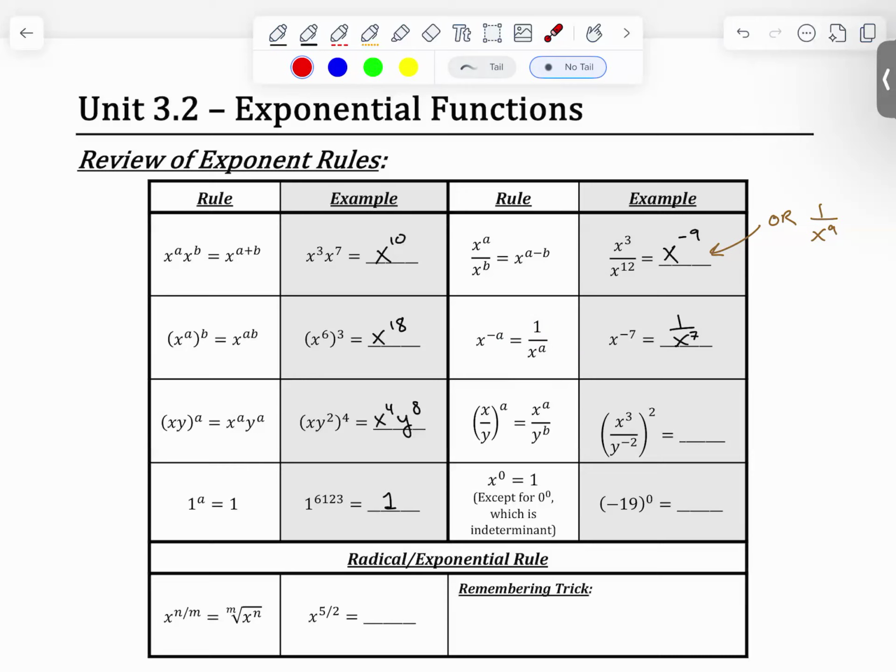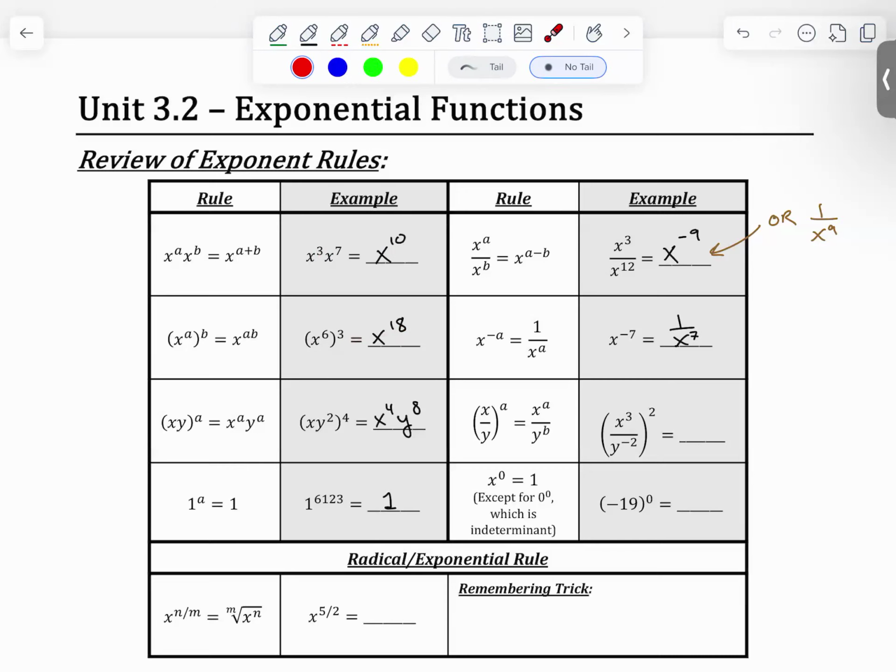And remember, these are all equal signs, so this is true backwards and forwards. We can break down x to the 10th into these two pieces. You can break down x to the 18th into an x to the 6th times an x to the 3rd. Or, as an aside, you could also do x to the 3rd raised to the 6th. It doesn't really matter. So just remember that these are equal signs, so it's true in the forward direction and